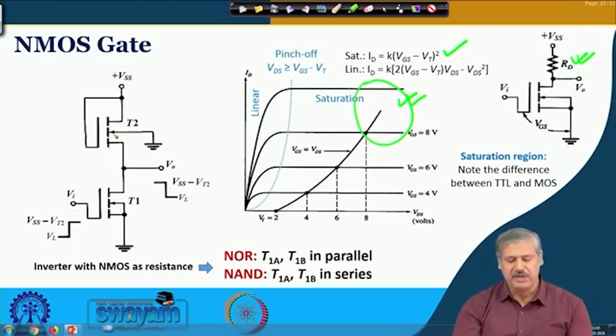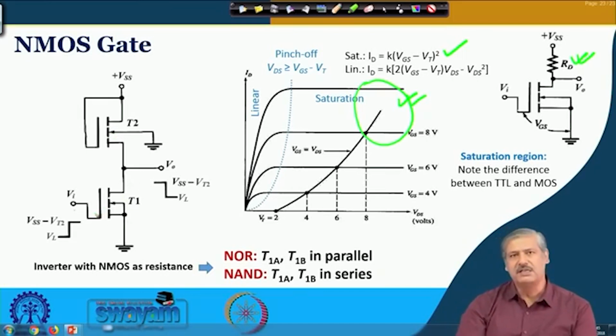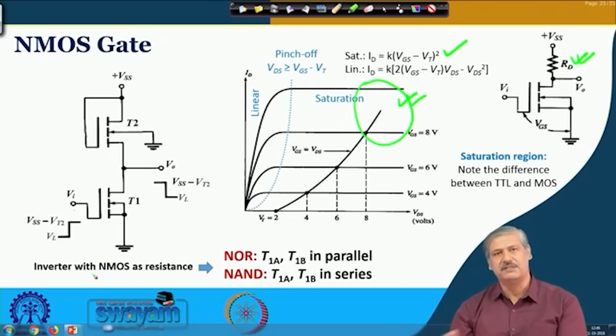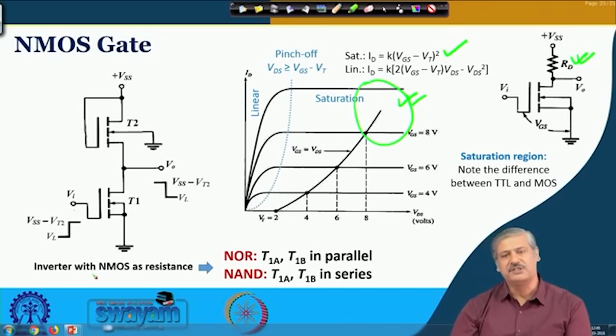NMOS gates, you have this particular inverter, similar to what we had in the RTL circuit or the electrical switch based circuit. For NOR, another transistor will come in parallel, and for NAND another transistor will come in series. This is the standard thing that we followed. The similar thing is done for NMOS based logic gate development also. But